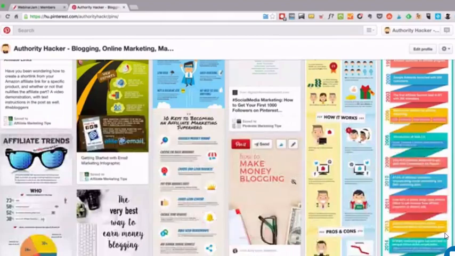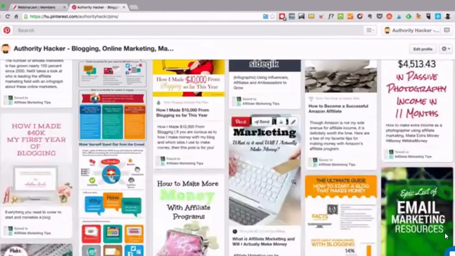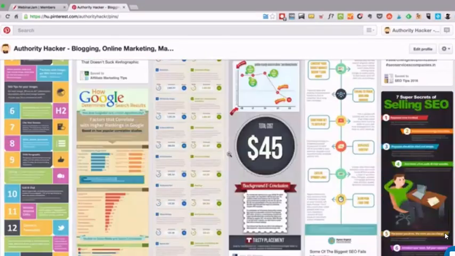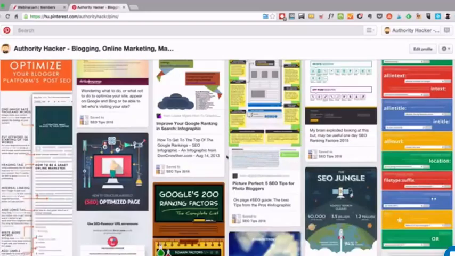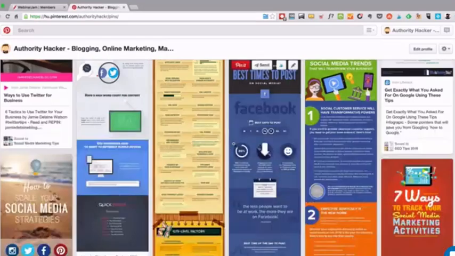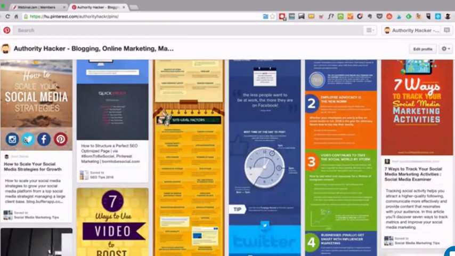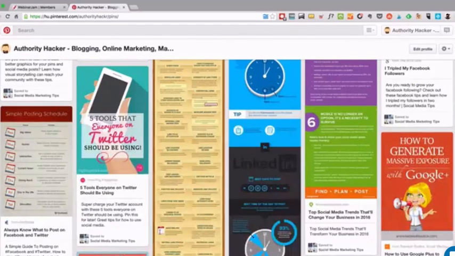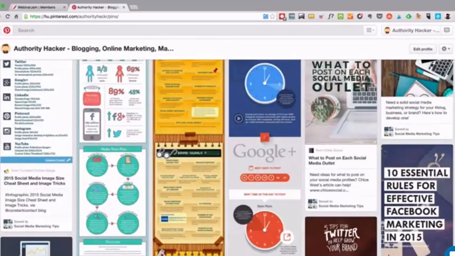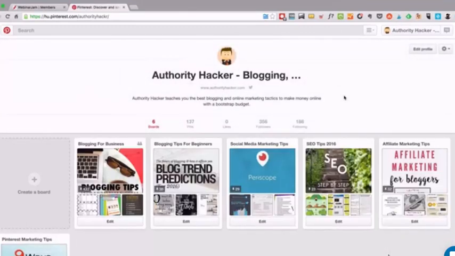But because it is a fresh profile on Authority Hacker, it would be a good idea. But if you go on my stream of pins now, it looks really good. If you are interested in online marketing, there's a lot of information you will learn. These things actually deliver information right away, or link to interesting blog posts like on Social Media Examiner, for example, or the Buffer blog, that kind of stuff. And I think that is something that is going to help me score some followers, which we're gonna learn in the next video,